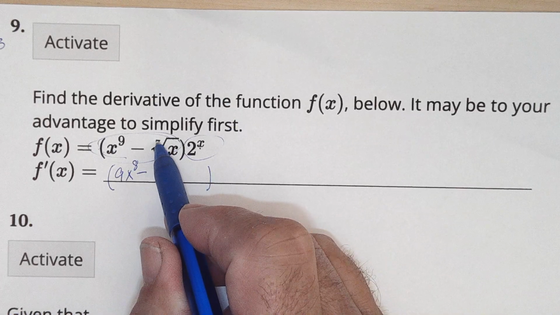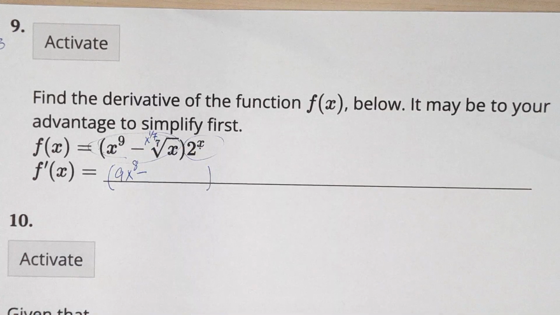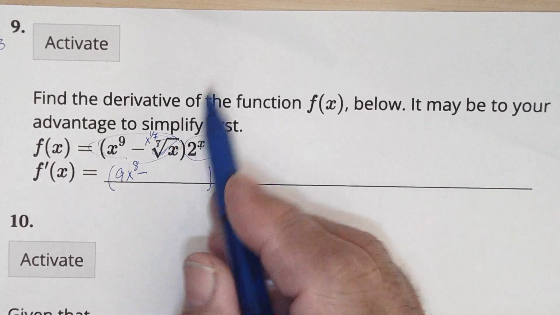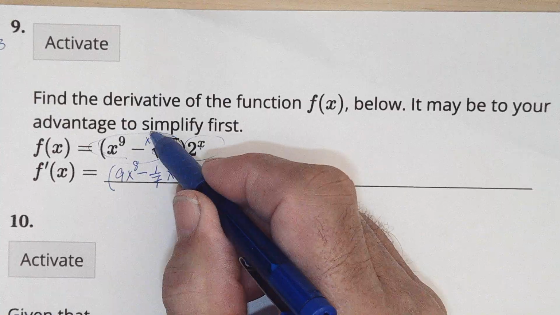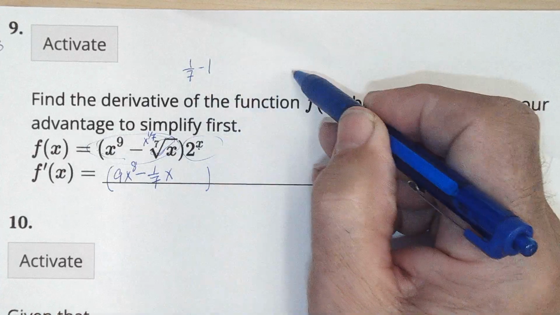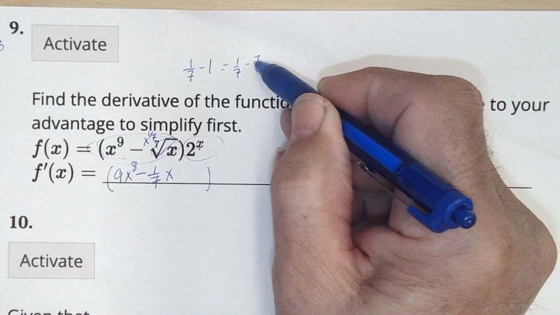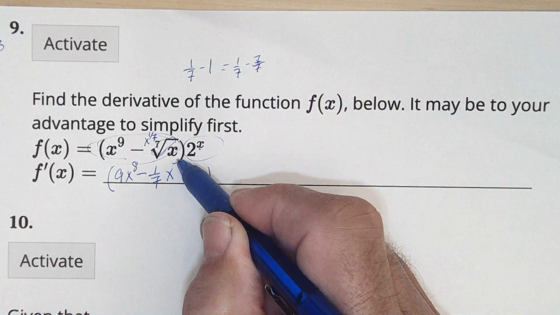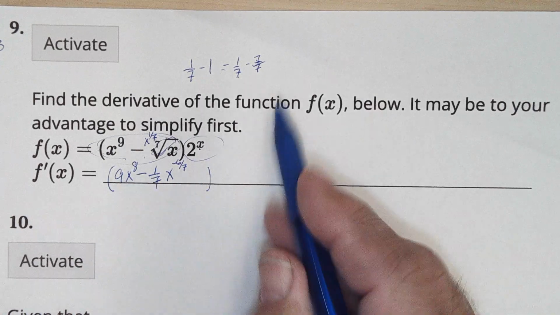But you have to know that the seventh root means x to the 1/7. This is the 1/7 power. So we have to bring the 1/7 down and then take x to 1 less than 1/7. Well, 1/7 minus 1 is 1/7 minus 7/7. And so you take 7/7 from 1/7 and you get minus 6/7. So this is the derivative of the first times the second